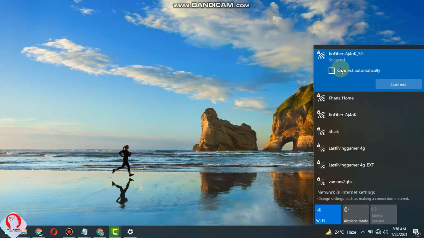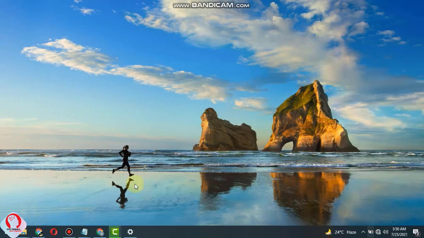Let me connect here. Once I connect, if you have not entered any password, it will ask you for the password, but I have already entered the password, so it's not asking here. Once you enter the password, it will be connected.